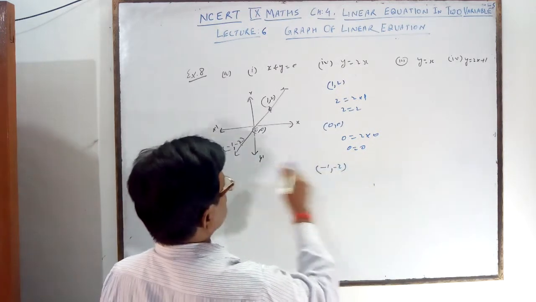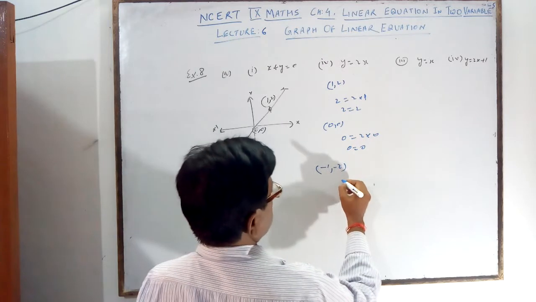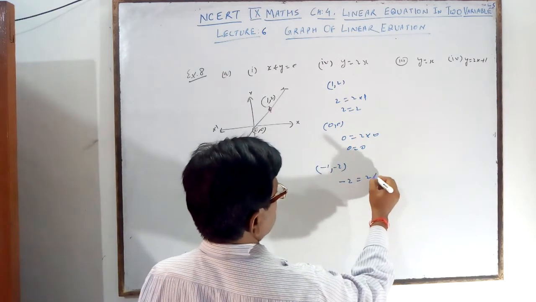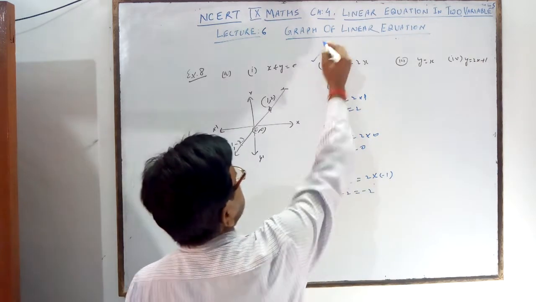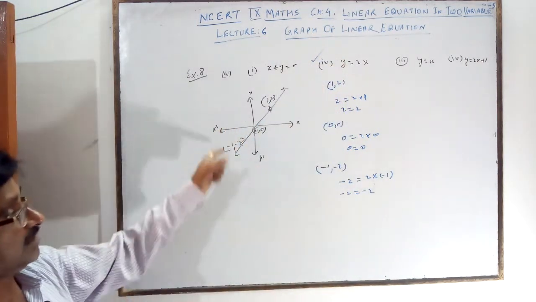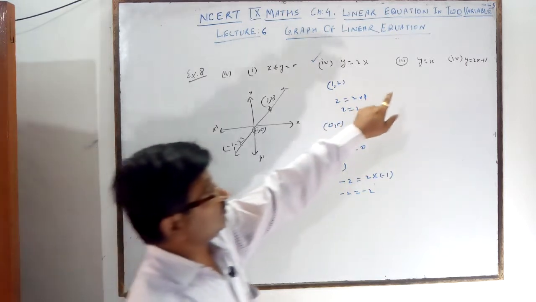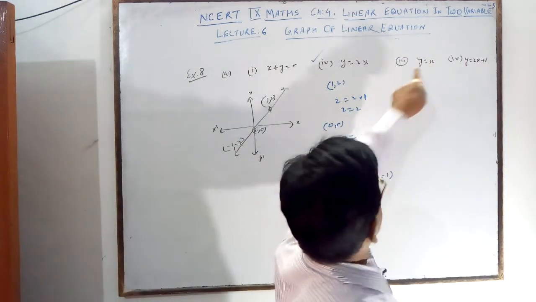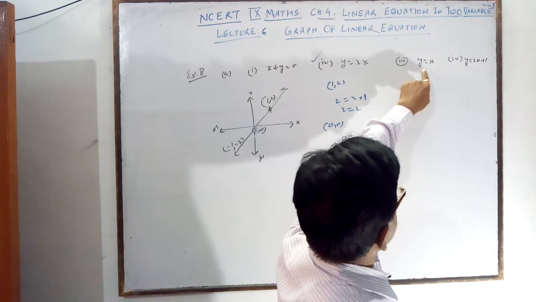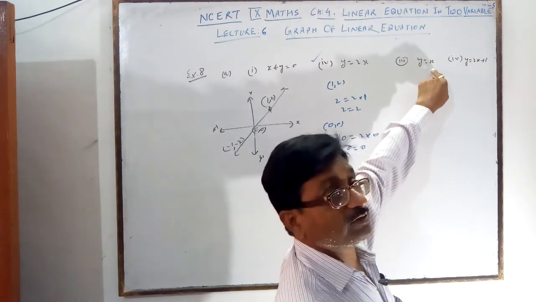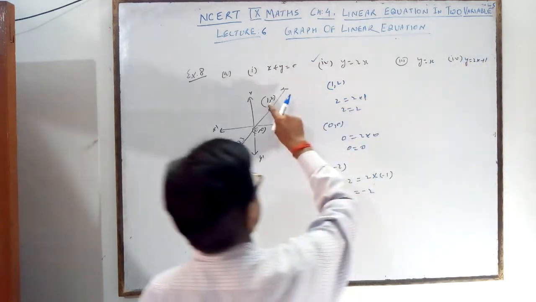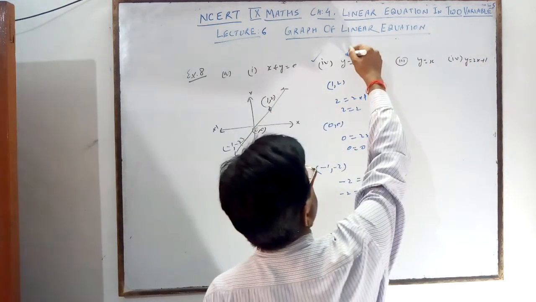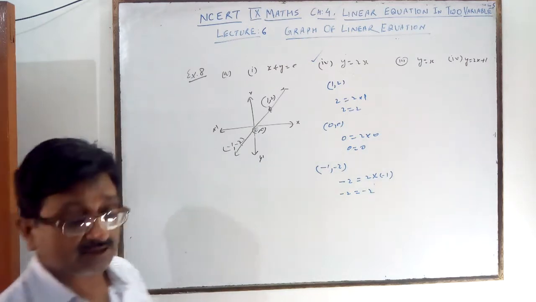Minus 1 comma minus 2, also you check here, what are you getting? Minus 2 is equal to 2 into minus 1 gives you. So this one is your correct answer. y is equal to 2x is the solution. But this also you check. For 1 and 2, it is also wrong. 1 is not equal to 2. Where x you write 1, 2 plus 1 is 3, not 2. So of these, only the fourth one is your correct option.